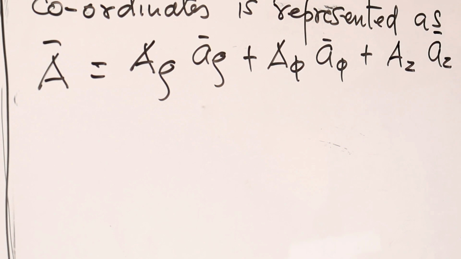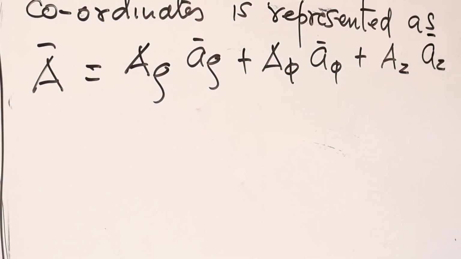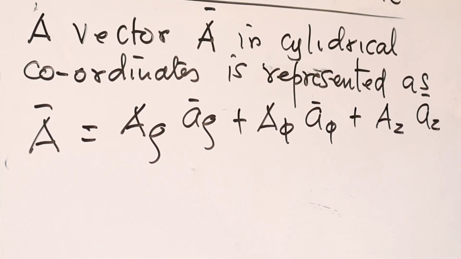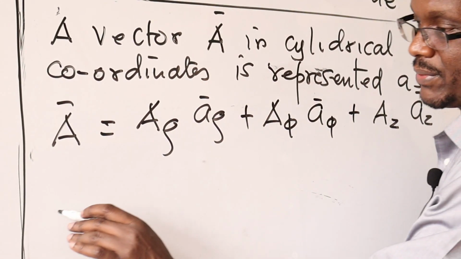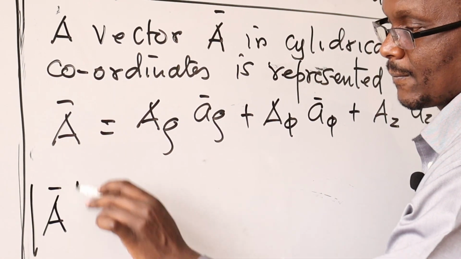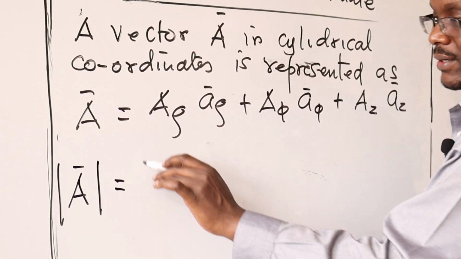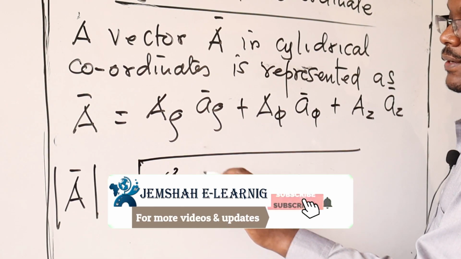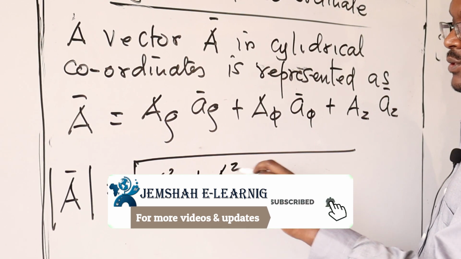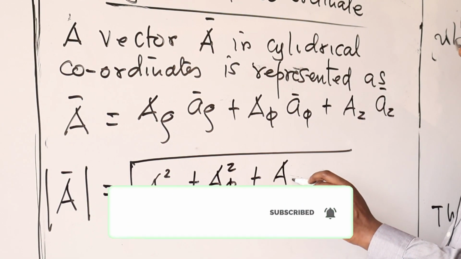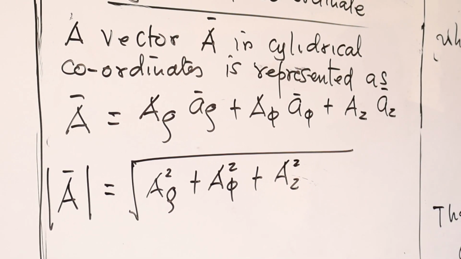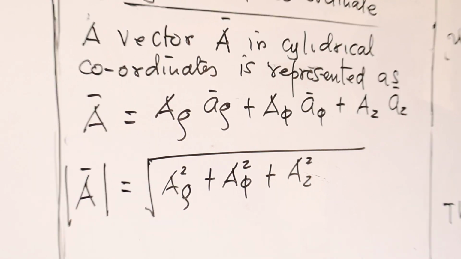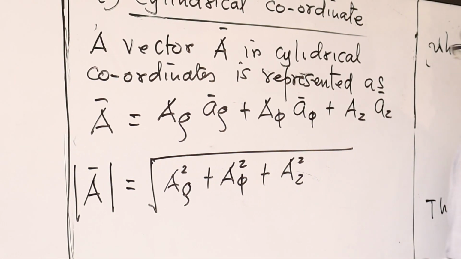So if we have a unit vector of this, then it's the same way we are dealing with it. If we have this as our vector, then the magnitude will be the root of a rho squared plus a phi squared plus a z squared. So that is that. Again, if we apply the rules of dot and cross product to be followed, still